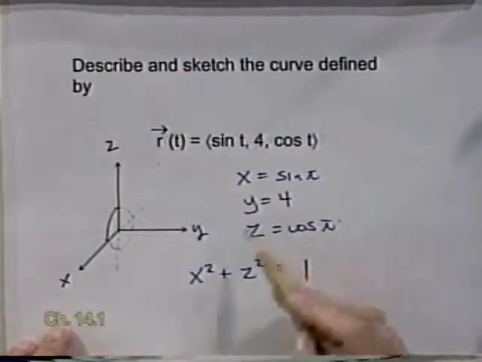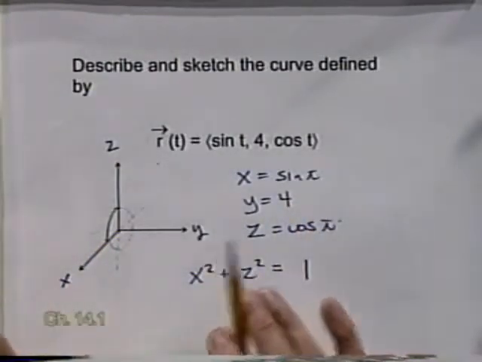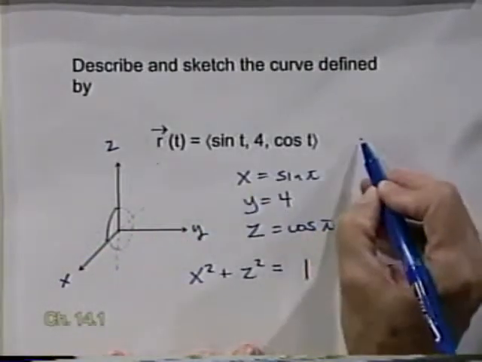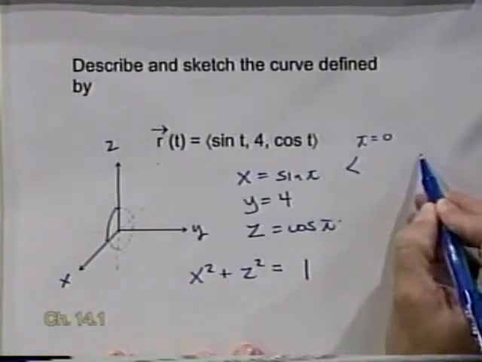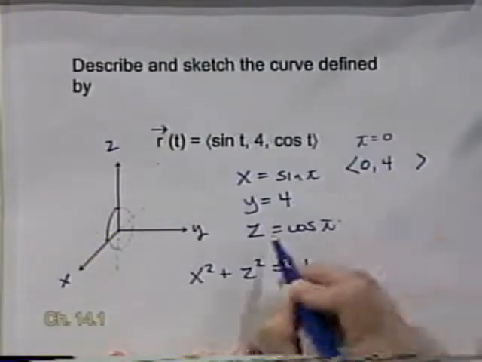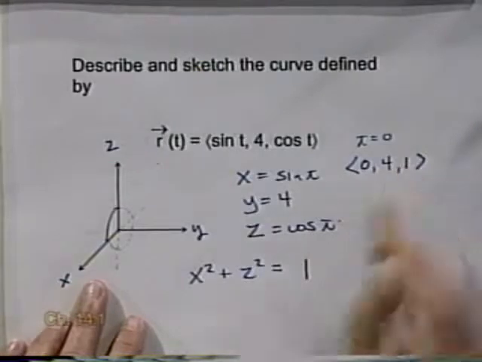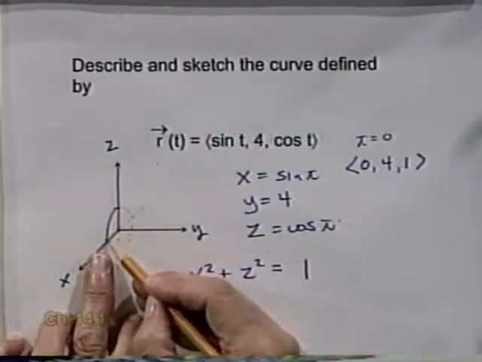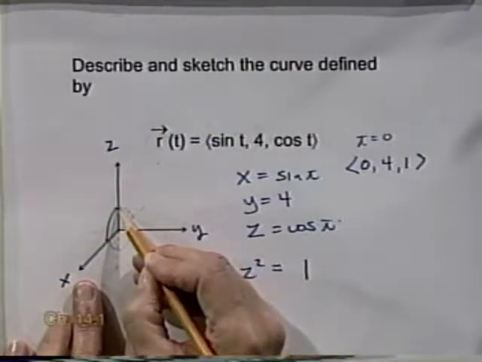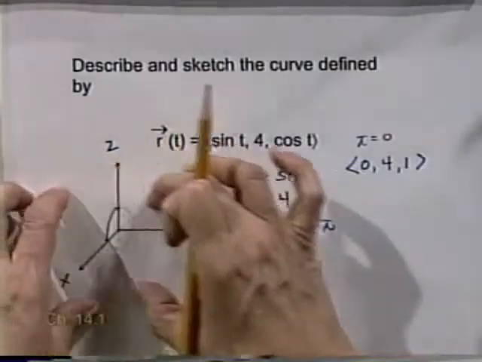Granted, we could go through and say, let t be 0, let t be pi over 2, let t be pi, let t be 3 pi over 2. And in fact, if I let t be 0, the vector that I'm going to get here is x is sine 0, which is 0, y is 4, and z is cosine of 0, which is 1. So in terms of the x and the z coordinates, we're going to be at x is 0, z is 1, but y is 4. So since y is 4, what are we going to do with this circle? We're going to move it over